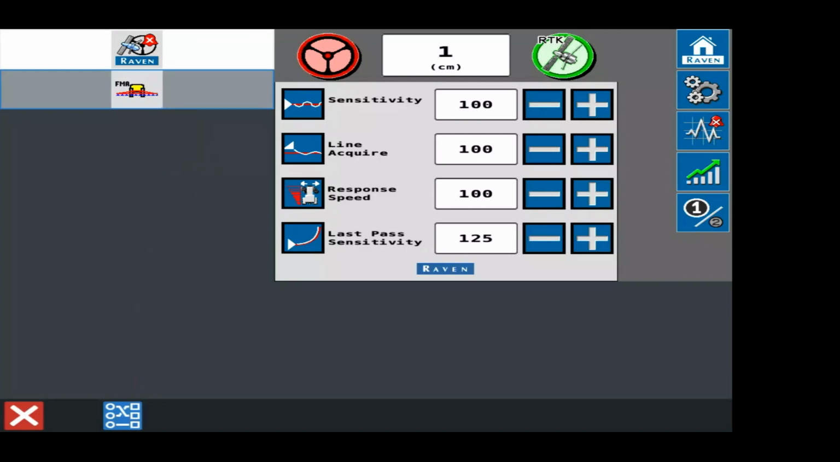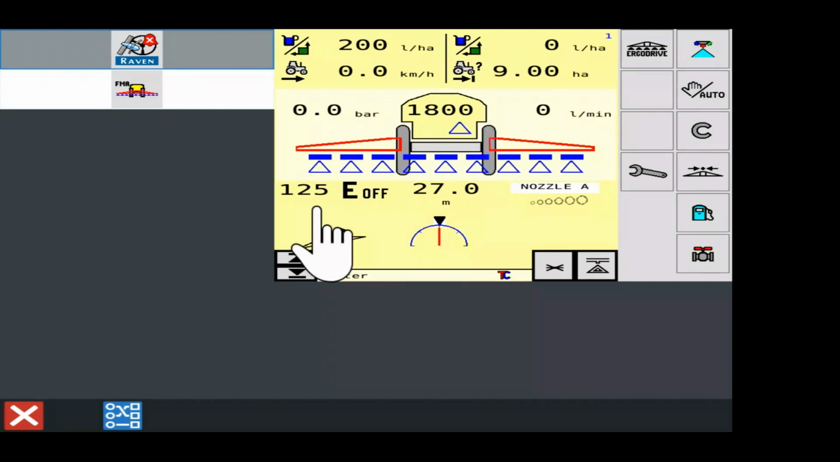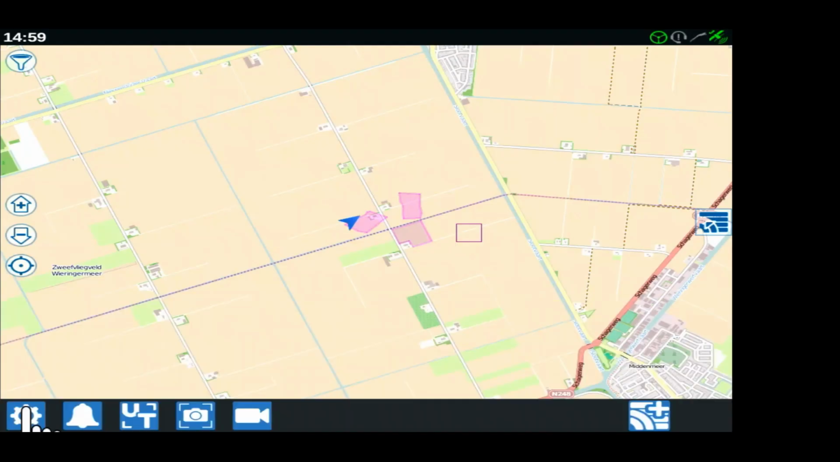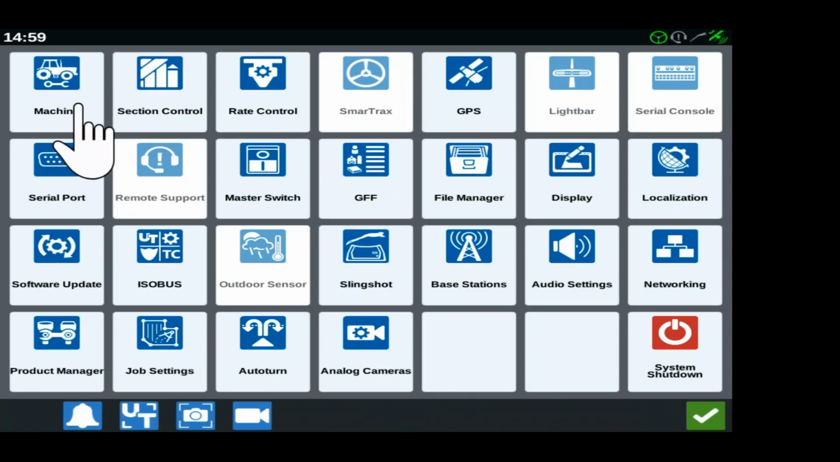And now you will see here that my sprayer is there. So this is my sprayer. And you will see that sprayer is here. So object pool is loaded. So now we go to the machine garage again. So main menu, machine,